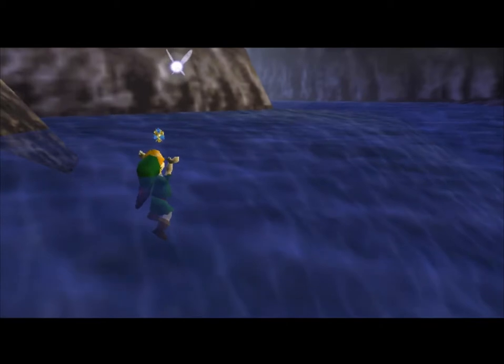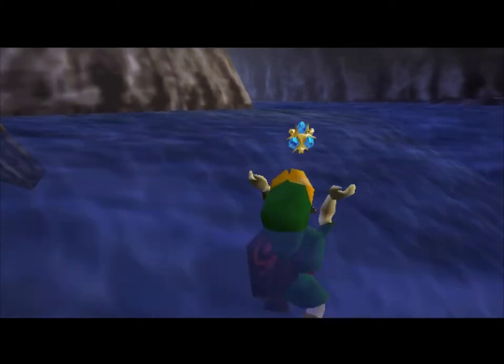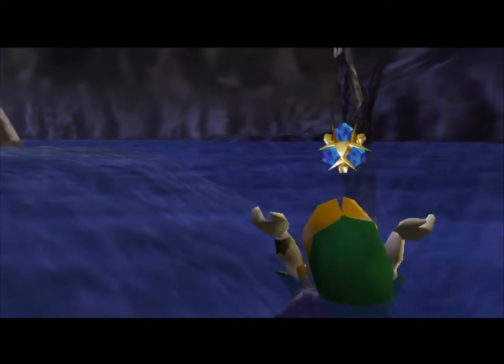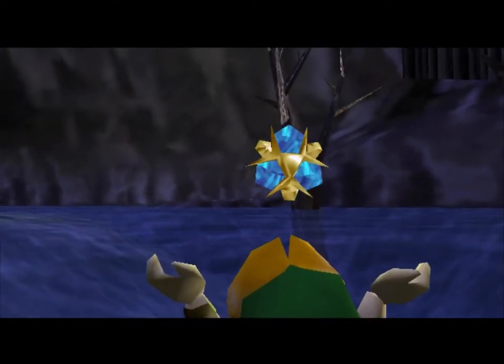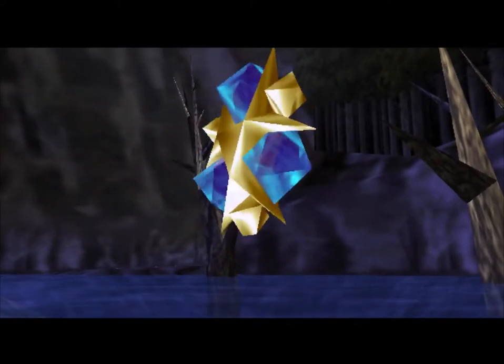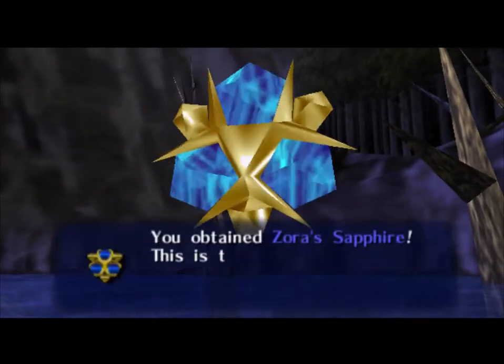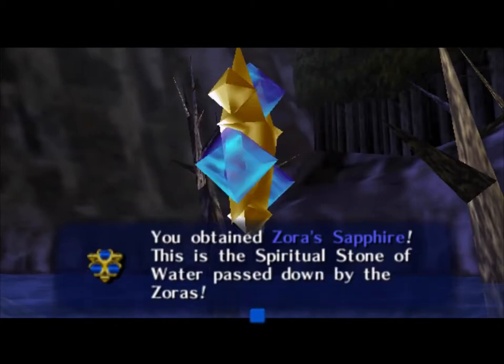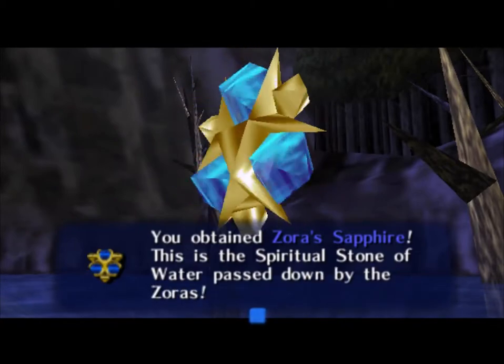Alright, so she just disappeared. But I found a thing. So that is the third and final spiritual stone. Which means that we can now enter the Sacred Realm. All we have to do is go give these back to Zelda. And she can open the Door of Time. And we can go to the Sacred Realm and obtain those Triforces, or the Triforce there. So,